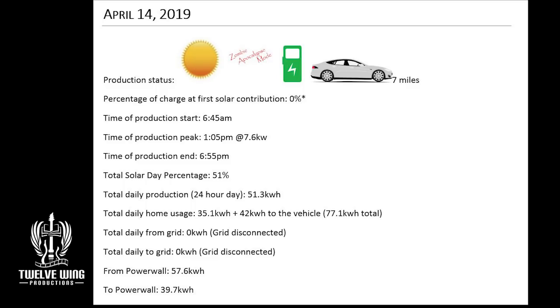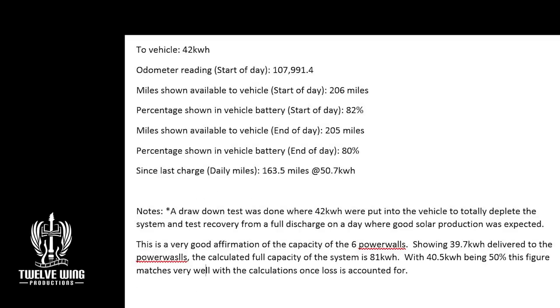And so on April 14th, you can see we're still in zombie apocalypse mode, but it's recorded as 0% at first solar contribution. If you'll remember back in that weekly update, I was bored on a Sunday and I thought, let's do a recovery test. I was there monitoring the system, and as the notes will show here, I depleted the system. I did a drawdown test of the system, and I wanted to see at what point it would kick the system off. Would it go all the way to a shown 0%, or would it do something similar to what it does when you try and charge it fully